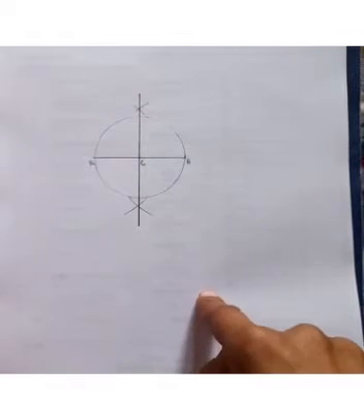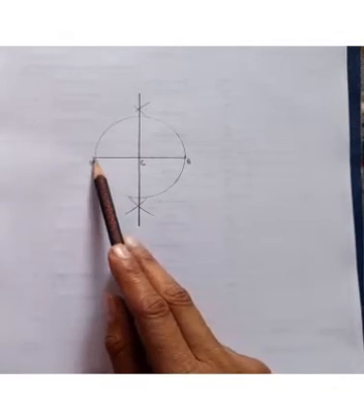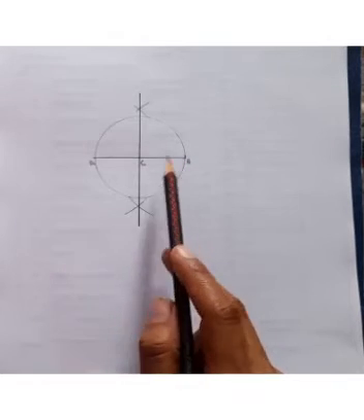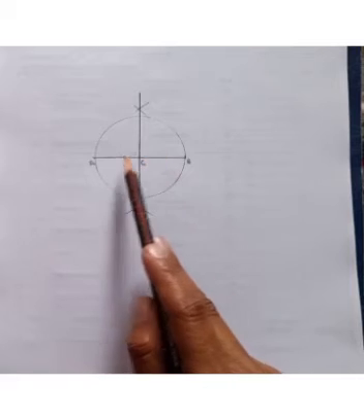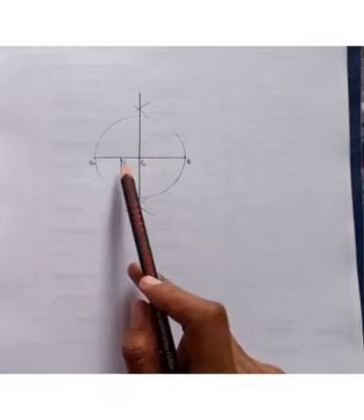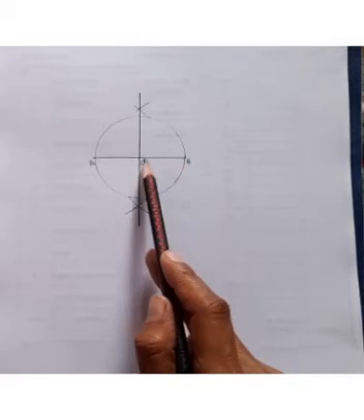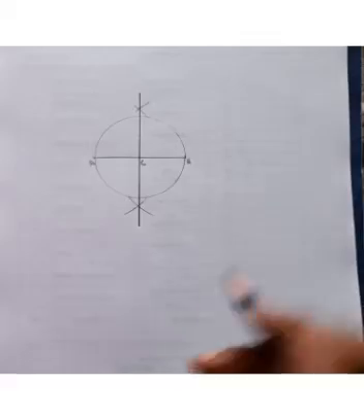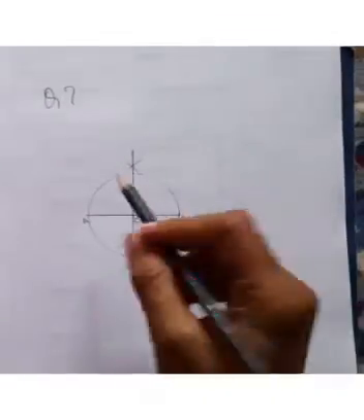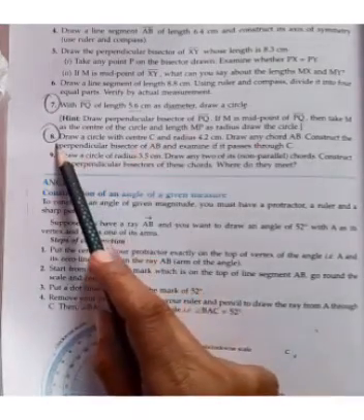So this is the way of making a circle when they have given you the diameter. They have given me the diameter as 5.6 centimeter. I have drawn its perpendicular bisector, so this diameter is divided into two equal halves, and half of the diameter is your radius. So considering CB as the radius, I have drawn a circle around it. Clear? This is your question number 7.